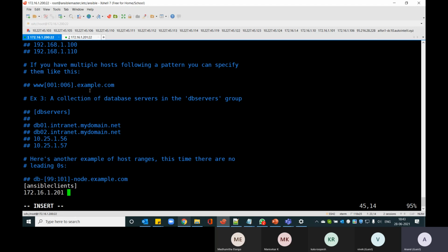If not, you can always mention your username and password in the inventory file, and Ansible will pick it from there as well. So if you don't want to have your password stored, you can have the SSH key created and shared to all your client machines.